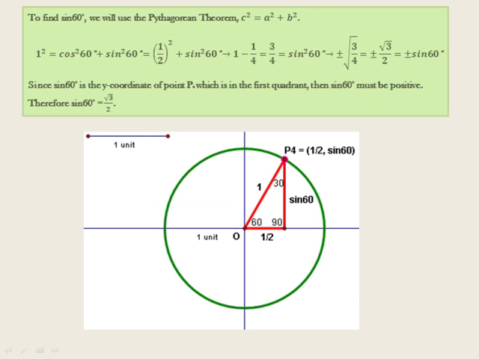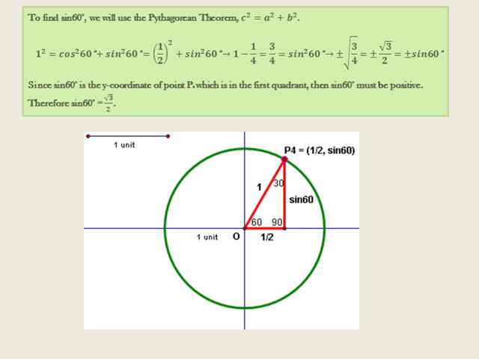To find sine of 60 degrees, we will use the Pythagorean theorem. This gives us 1 squared equals cosine squared of 60 degrees plus sine squared of 60 degrees, which is 1/2 squared plus sine squared of 60 degrees. This gives us that plus or minus square root of 3 divided by 2 is equal to plus or minus